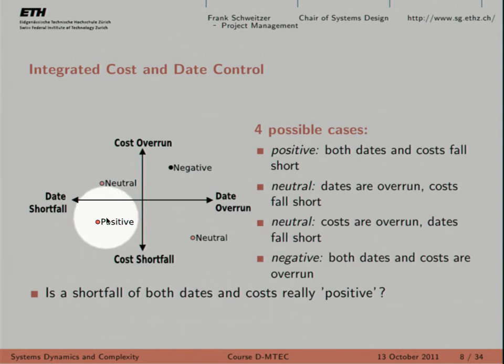I agree. This is actually a good point, and you're right in the sense that if this is the end phase of your project, the very end thing that you do, then this reasoning applies. But if it's the beginning, obviously, it's not. You can make up for this, or you can revise your project scheduling. So at the end, it may even be a positive thing. But if that's the only phase in your project, it's a very simple project. Let's say, can you write a simple program for me, and I'll pay you something. And you say, well, I'm going to need 1 month, and it's going to cost me 1,000 francs, and then it takes you a week, and it costs you 100 francs.